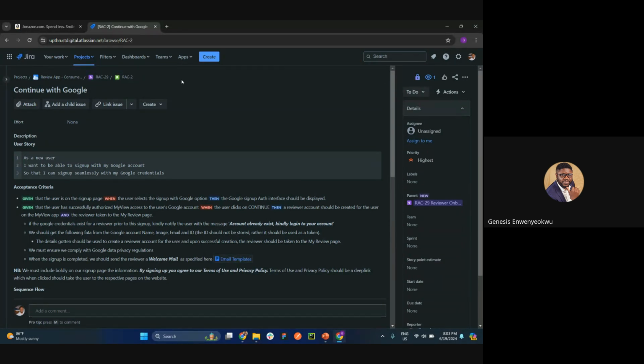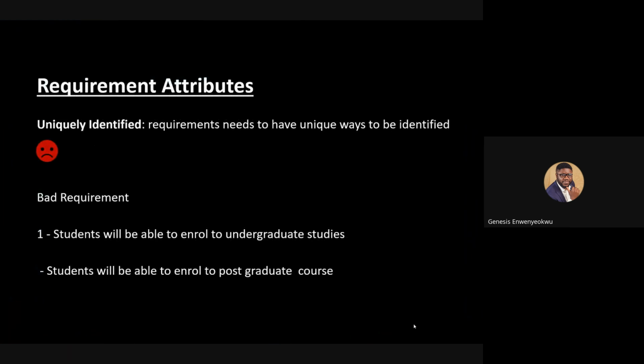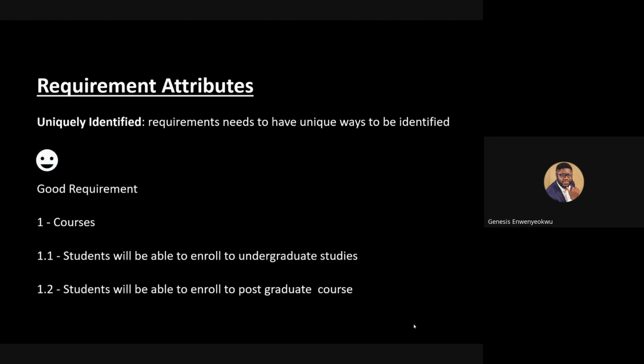But if you find yourself in a situation where you're not using Jira or Azure DevOps, and you're using things like Microsoft Word to write your requirements, or spreadsheets or PowerPoint, you need to make sure that you uniquely identify your requirements with IDs, right? See this example. Students will be able to enroll to undergraduate studies. Students will be able to enroll to postgraduate studies. This requirement satisfies the atomic criteria, but it fails the unique identification criteria. So the better way to uniquely identify this is to say courses